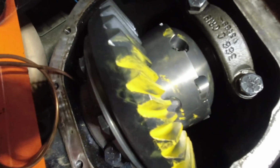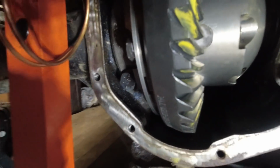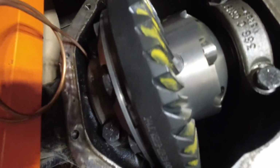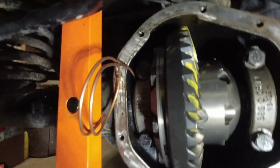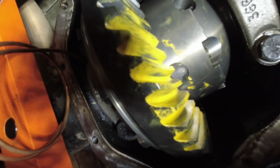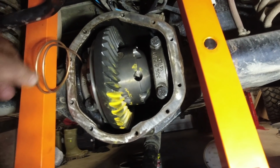Everything is back in. We're looking at how the gear pattern is emerging. I don't know if you can really see that well, but shadows. I'm pretty happy. I am pretty happy with the way things have turned out. So one thing too, I got the preload set up right when